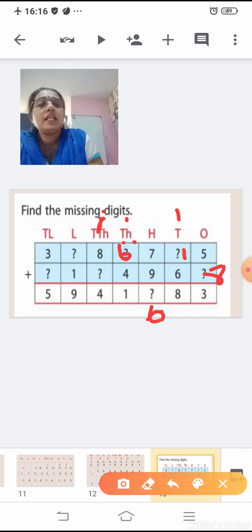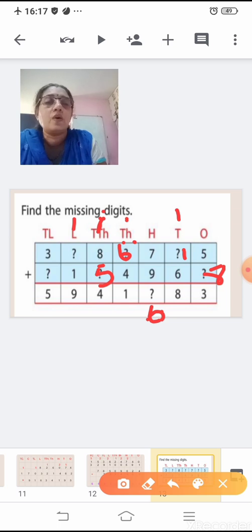Now here again the number 4 is smaller than 8. So 8 plus 1 is 9. To which number if you add to 9, will you get the number 4 here? So 9, 10, 11, 12, 13, 14. So if I write the number 5 here, you will count till 14. So I will write the number 5 here. If I add 5 to this number 9, I'll get 14, where 4 I will write down here and 1 I will carry to the lakhs column.